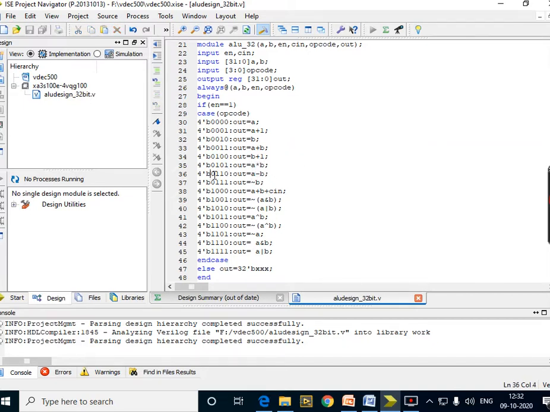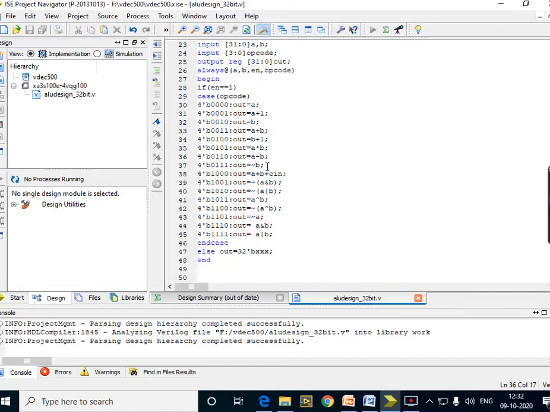So this is my opcode. For this opcode, my processor should do this operation. But how much size is of subtraction is of 32 bits. Addition is also 32. Subtraction is also 32. Multiplication is also 32 bits. Hope that you people are getting the meaning of this, what is going on in the processor design. Now even we have negations also because it is a logical operation.